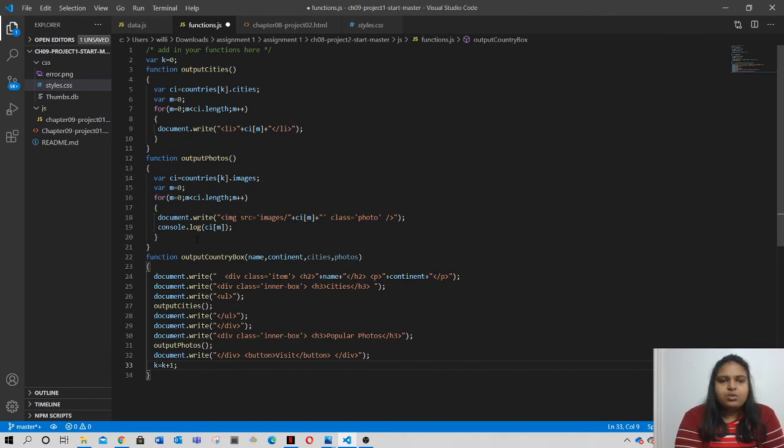So here console.log is going to output all the photos or images that belong to that country,